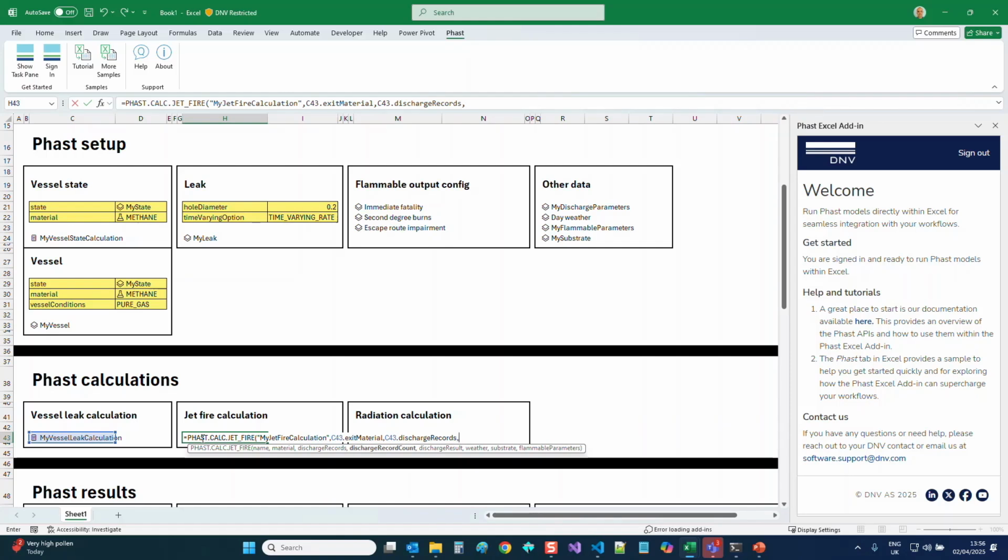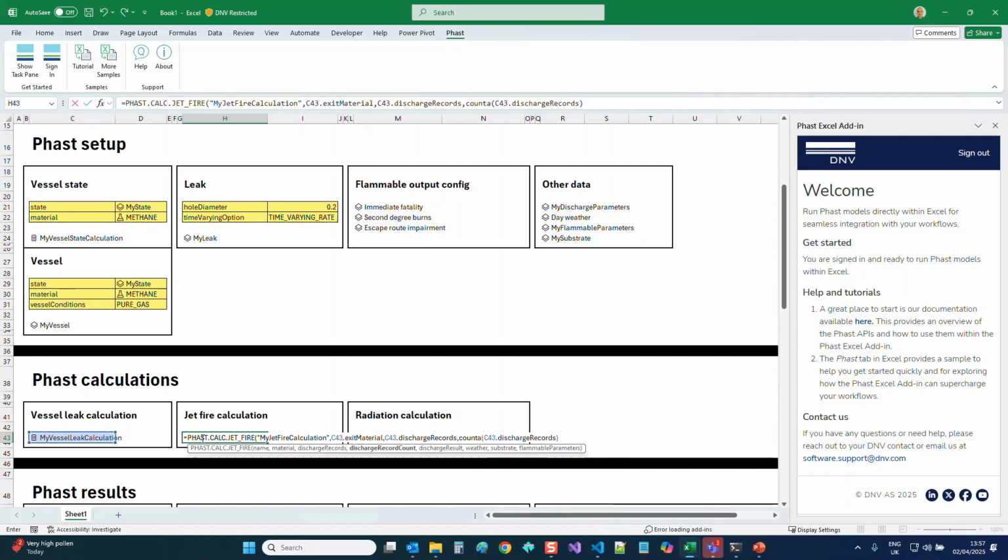Next, it wants to know how many discharge records are there. For this, we can use Excel's inbuilt COUNTA function, and all of the FAST functions are compatible with Excel calculations. So you can have functions within functions, for example, like we've got here. So we're going to count the discharge records,